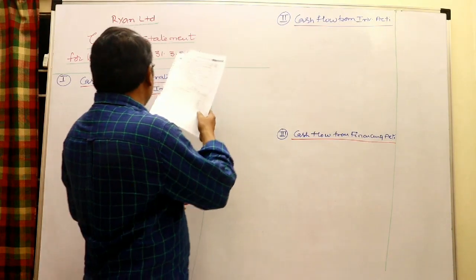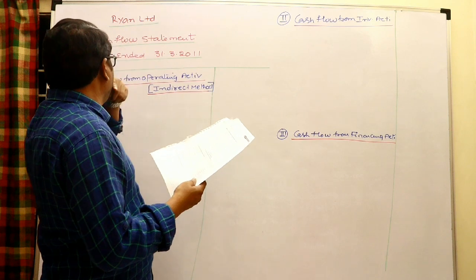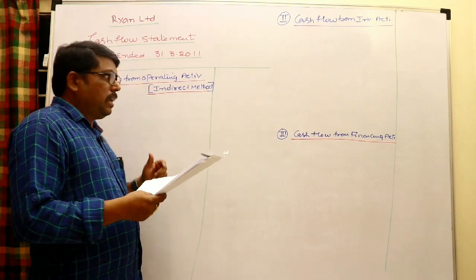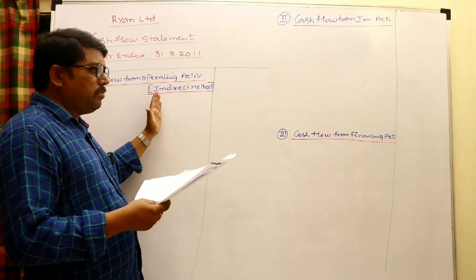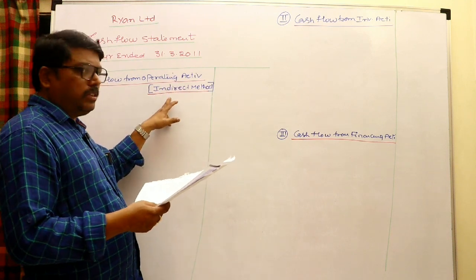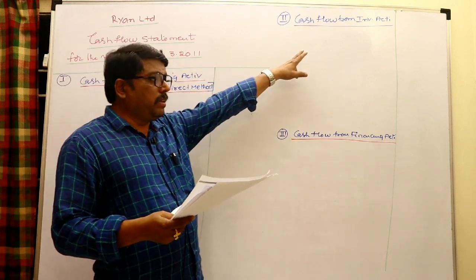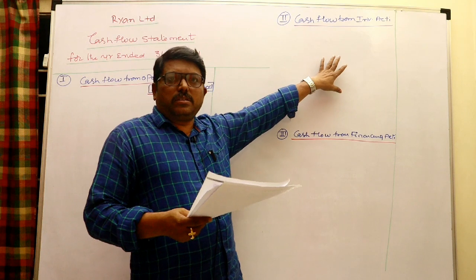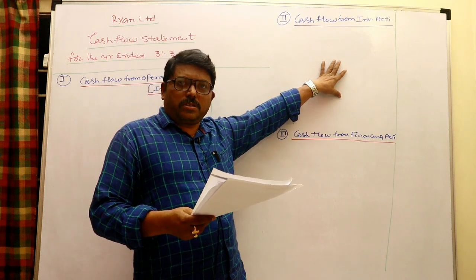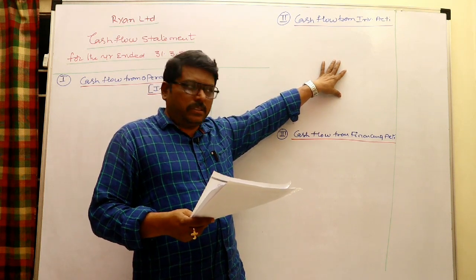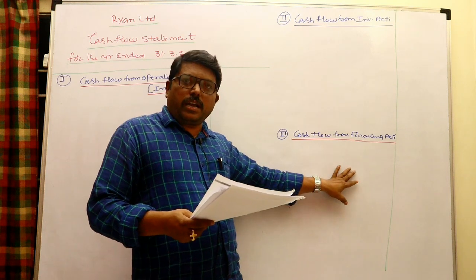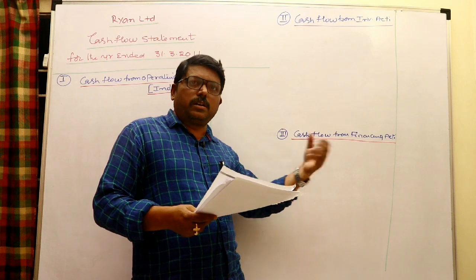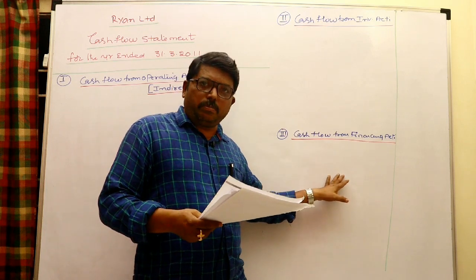So now we can have the cash flow statement. Rian Limited cash flow statement for the year ended 31st March 2011. First, cash flow from operating activities, which is given here, indirect method, we need to work out. Cash flow from investing activities, cash flow from financing activities. Simply here, purchase of assets and investments, sale of assets and investments, interest, dividend received. Here, share capital, bonds, debentures, bank loans, etc. By those ways, pooling the money and redemption of money, interest and dividend paid.